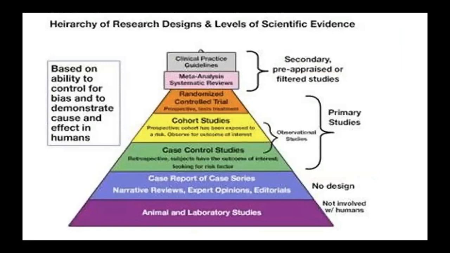So, the hierarchy of research designs according to the level of evidence. This is something you have studied in medical education. What is the primary research and what is the secondary research? In the primary research, you do it yourself. Either it is observational, or a cohort study, or an interventional study, and you publish the paper. But after 4 years, 7 years, anybody who wants to make some new results collects the data